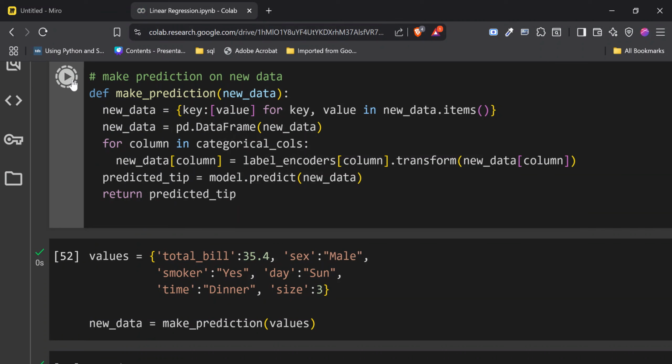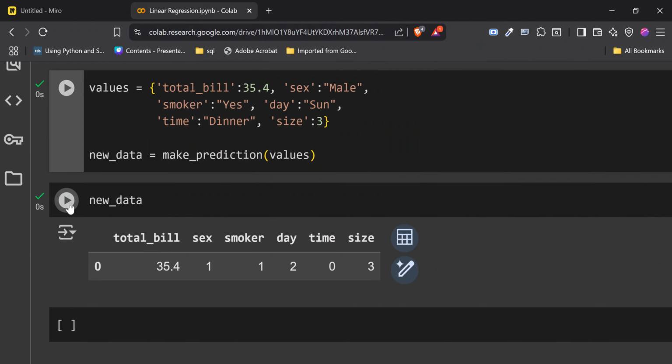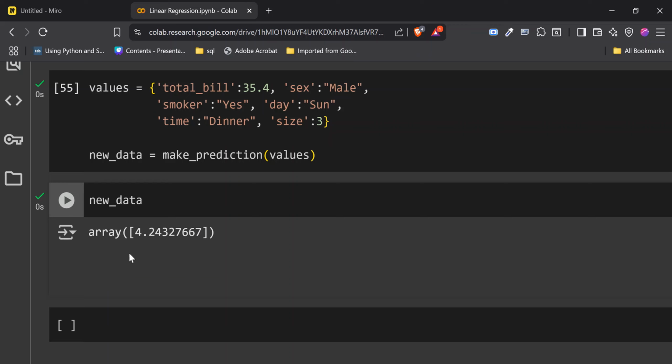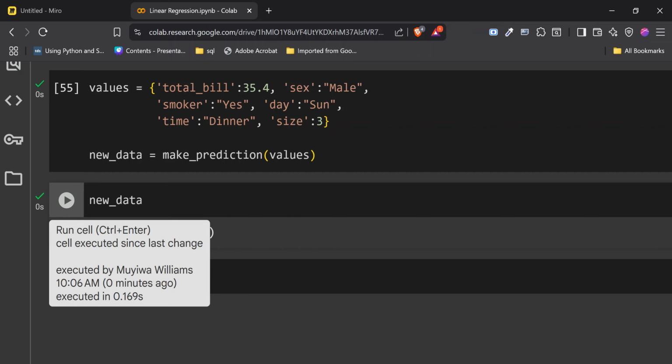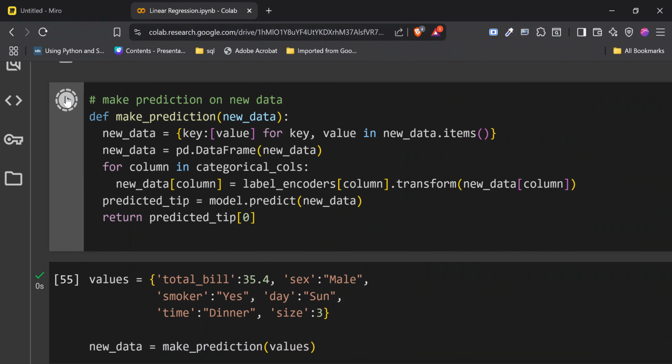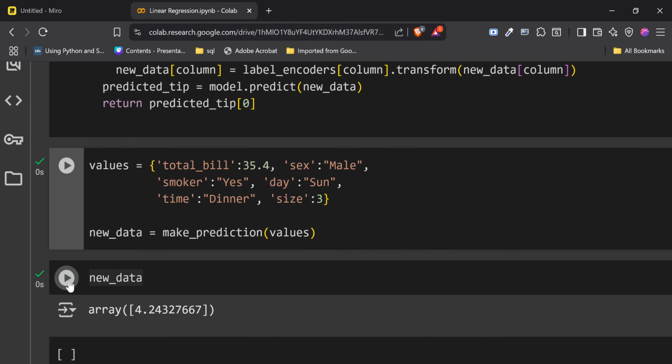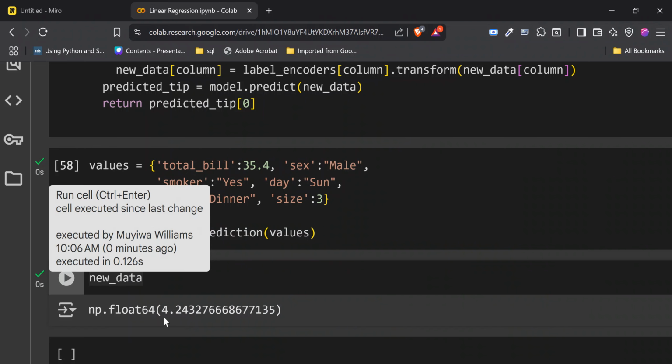So we should run this now and run this and run this. So we get the tip that is associated with this person. So let's just return the first thing in the array. So it says this person is expected to tip 4.24.